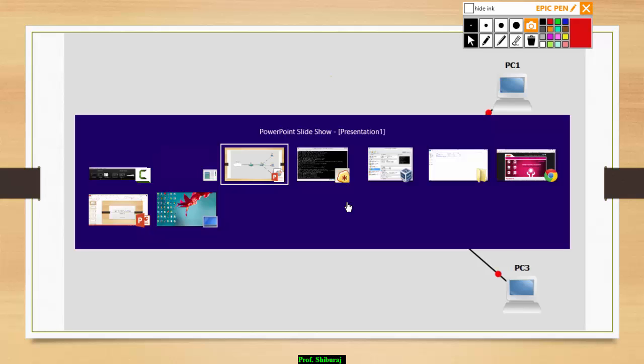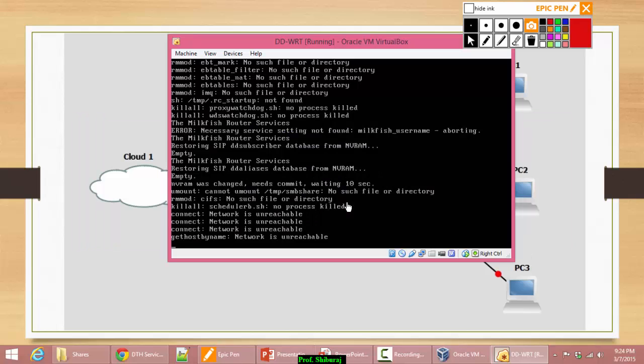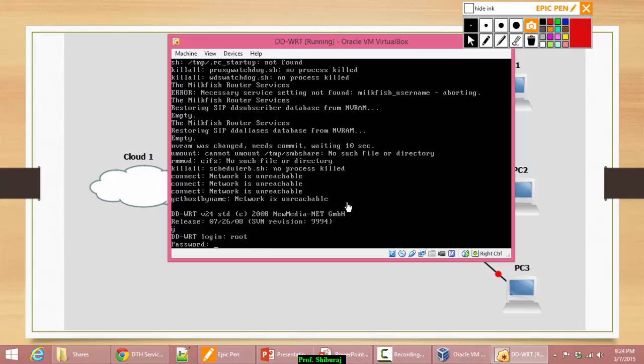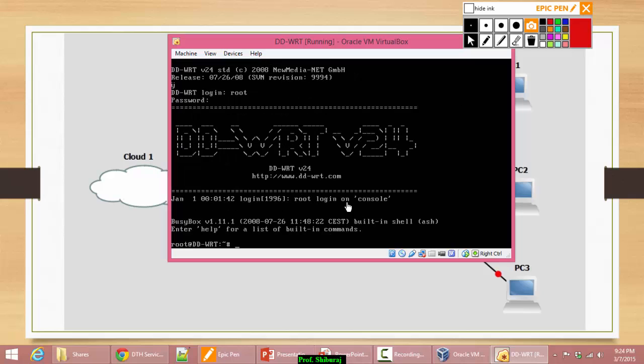Okay, so to do that, let us see whether it has booted. Oh yes, so now DD-WRT has completely booted. Now you can log in to the system. It's root and the password is admin by default, and we are in. Now what we have to do is just type ifconfig